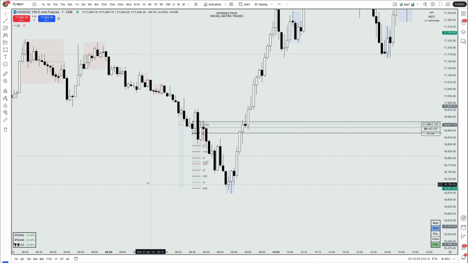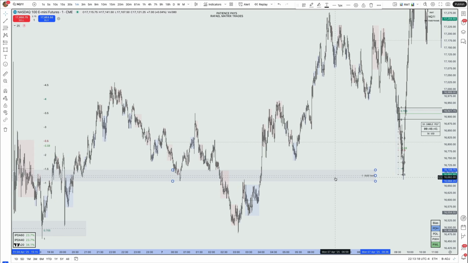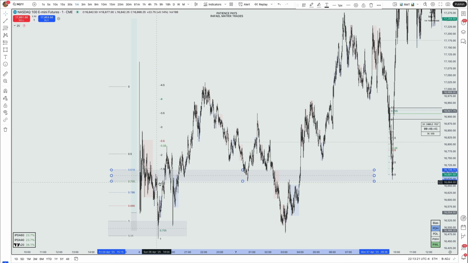So right after the opening range I have these deviations here, and I took this short, and I closed my position. I took partials on one deviation, another one on minus 1.5, then 2.5, and then 4.5. So that was 230.25 points. Right after that I took this long because this retrace here was the level that I